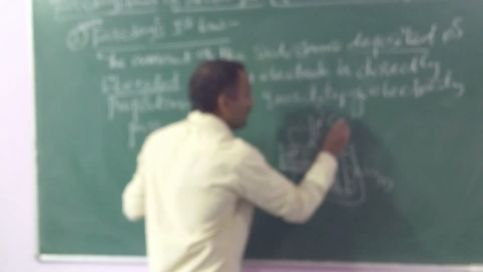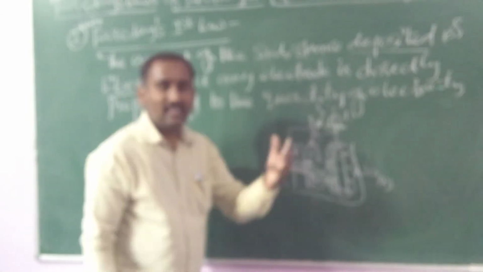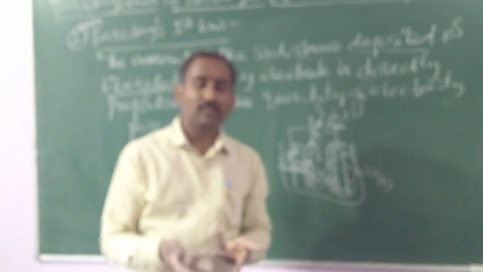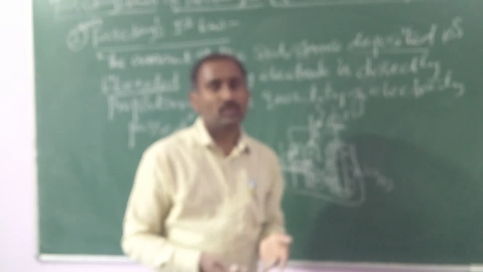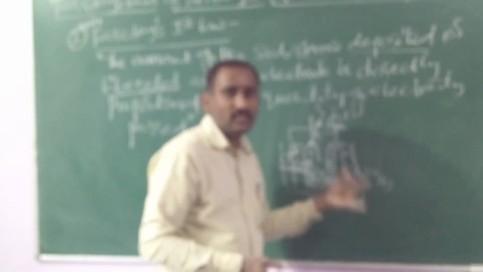So the amount of substance deposited or liberated at any electrode is directly proportional to the quantity of electricity passed. Q is nothing but the quantity of electricity. Whenever more quantity of electricity is passed, more amount is deposited. Less quantity passed, less amount is deposited. That is the experimental fact. If you study more, you will get more marks; if you study less, you will get fewer marks. Here also, if more current is passed, more amount is deposited; if less current is passed, less amount is deposited. So mathematically it is represented as follows.